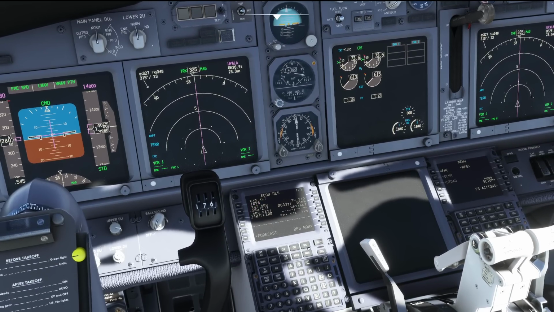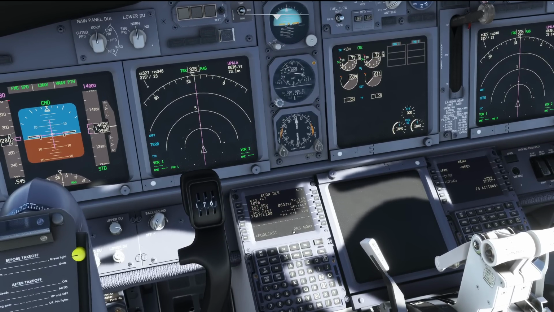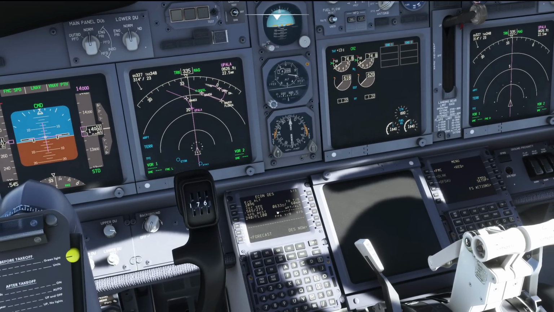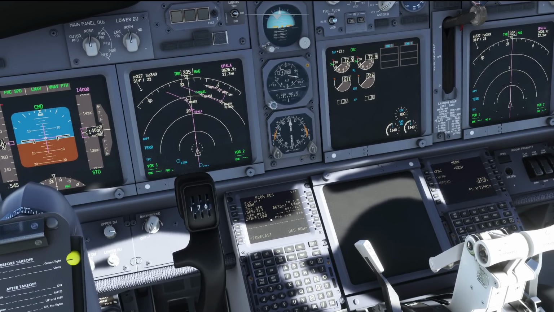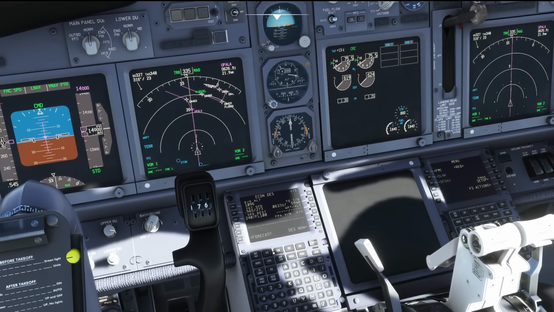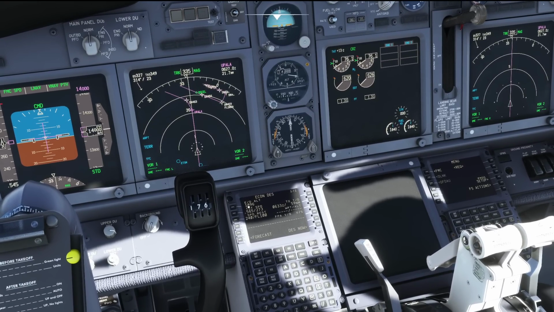Now, let's talk a little bit about the VNAV descent, because that is probably the most complex VNAV operation that we have available. The path is calculated backwards. That means that the airplane is going to take its end of